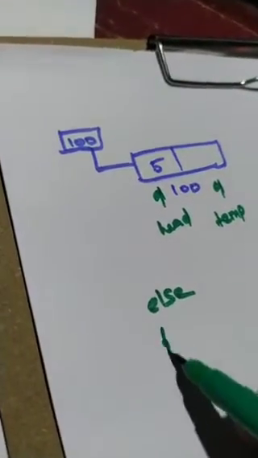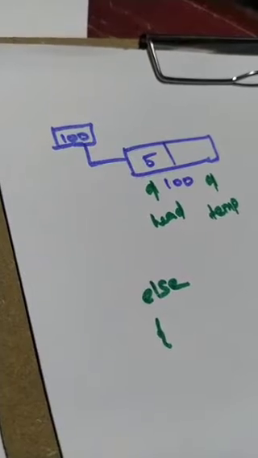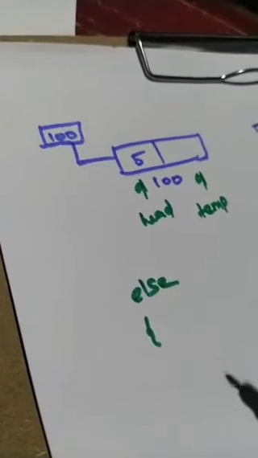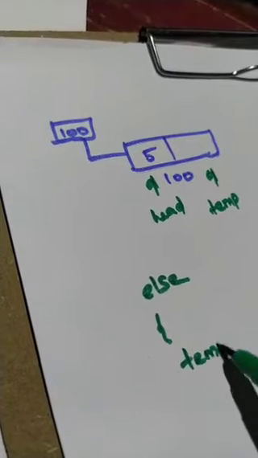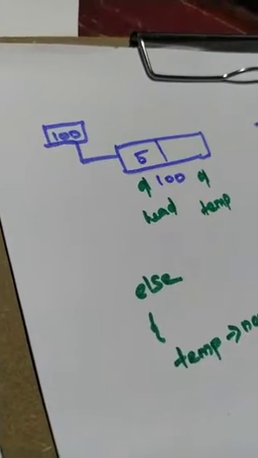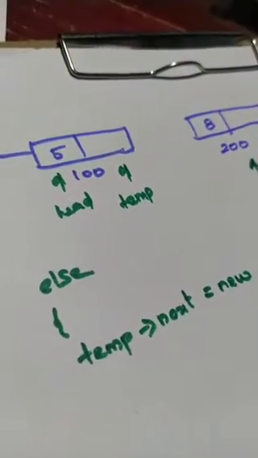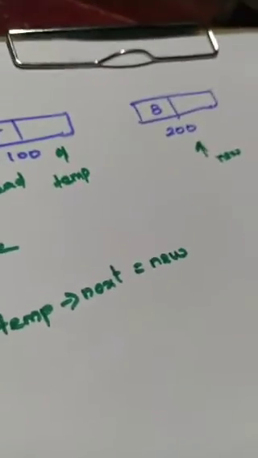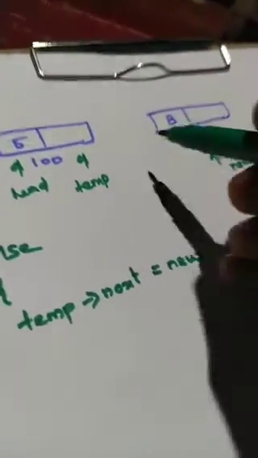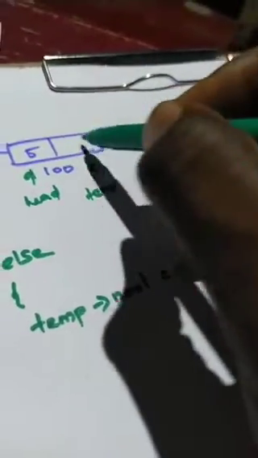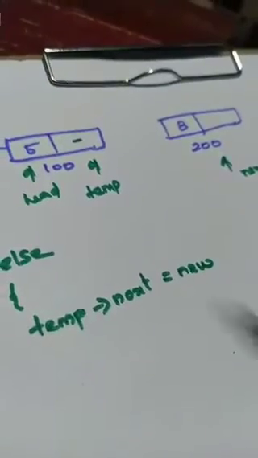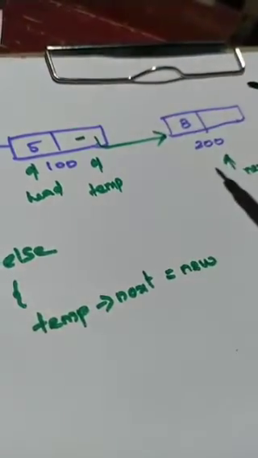Else. So that's the continuation of the previous code under the if condition. Temp next is equal to new. See, this is going to be the new node, right? This is going to be the new node. See, temp next, currently temp next is here, this one. This points to the new node. Okay, temp next is equal to new, and then